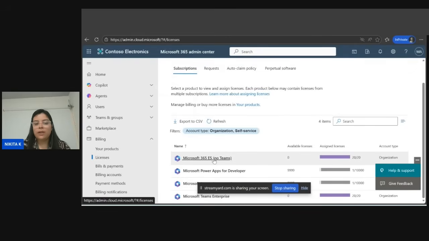You can see, I have the M365 E5 license, so you can see here. Then